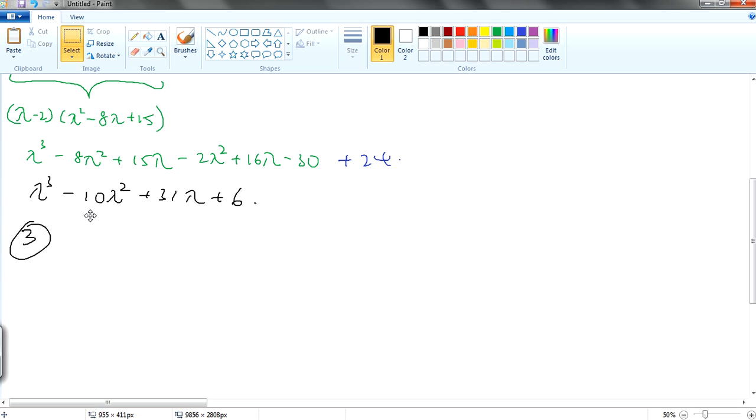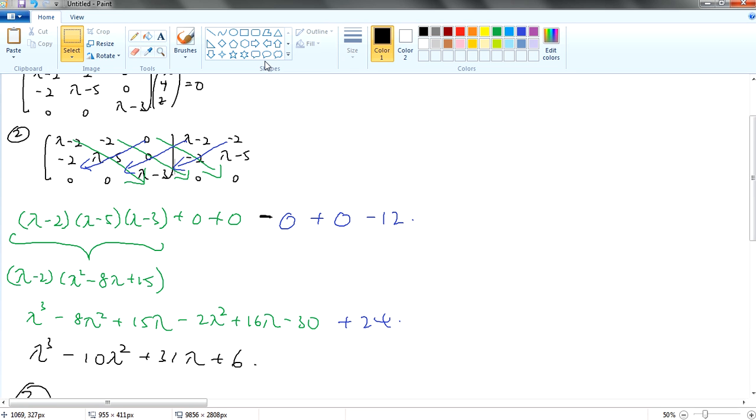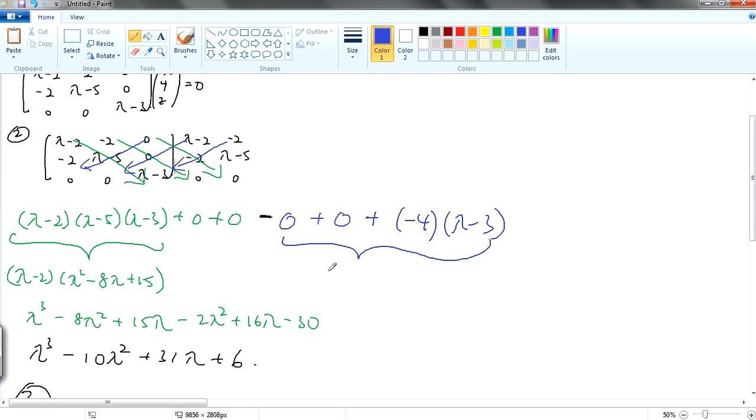You give me a moment, I'll go and do it out. Okay, I found my mistakes. Apparently when I draw the arrows, just be careful not to forget: I took the minus 3, but it's actually lambda minus 3. So therefore the last equation should be, let me see, minus 4 times lambda minus 3, and this will become minus 4 lambda